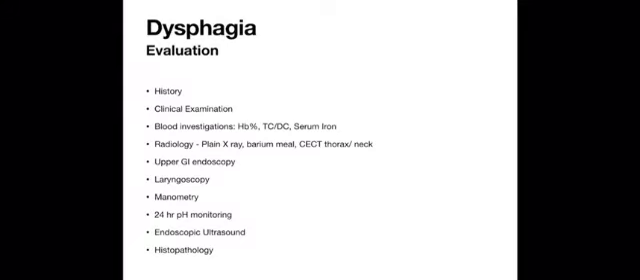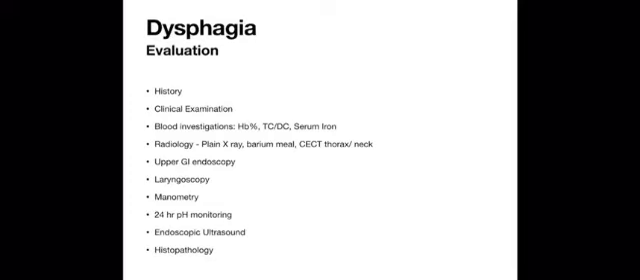Evaluation. History, clinical examination, blood investigations including the hemoglobin, the total count and differential count, serum iron levels, a radiology including a plain X-ray to rule out foreign bodies in the esophagus, a barium meal to rule out various other conditions, a CECT of the thorax and neck, upper GI endoscopy, both therapeutic and diagnostic, a laryngoscopy to rule out